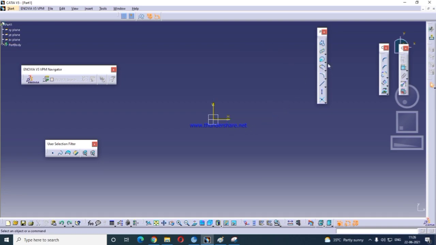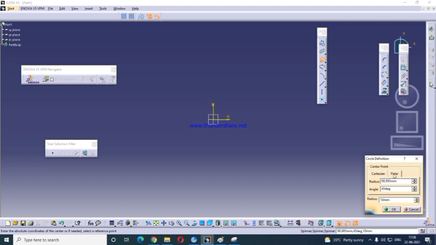That is the Cartesian method. In the polar method, from the center point you give how much radius and angle you want for the circle: 80 mm radius and 45 degrees. At this point it will create the circle.